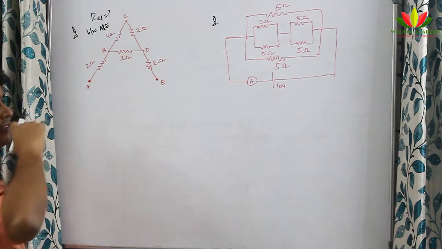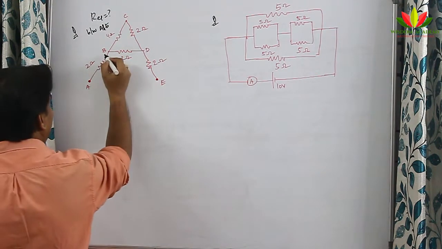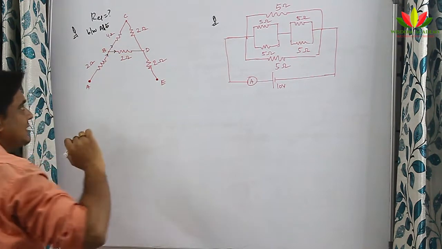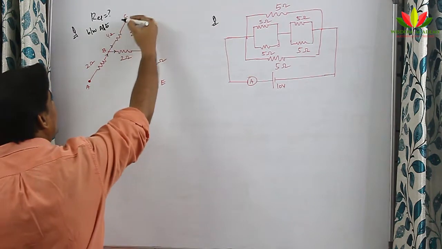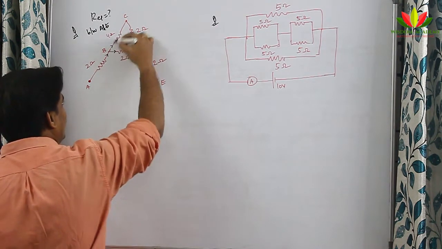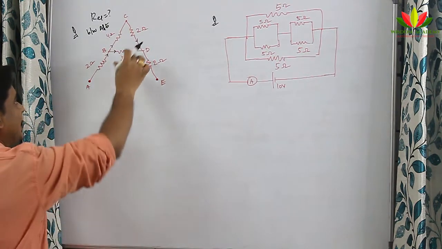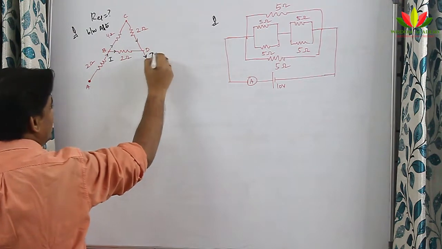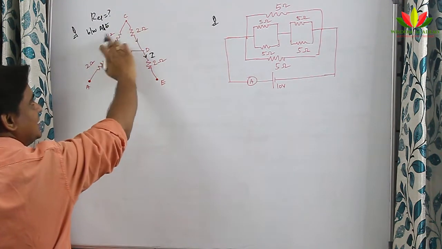See how to find whether anything is in series or in parallel. Pass current through it. So if a current goes from here, then current will get divided. If the current gets split up, it is in parallel. If the same current goes, it is in series. If you see here, whatever current goes to the 4 ohm, the same current will come here. So 4 and 2 are in series. Again they two will combine and come out here. Whatever current started from here, the same current will come out. This is the law. So now this 4 and 2 are in series.